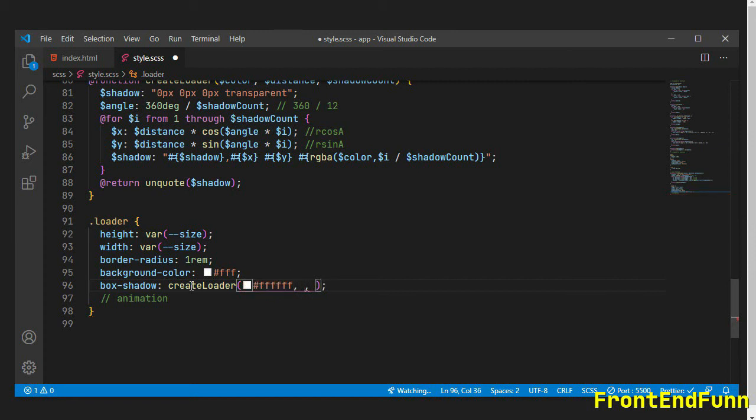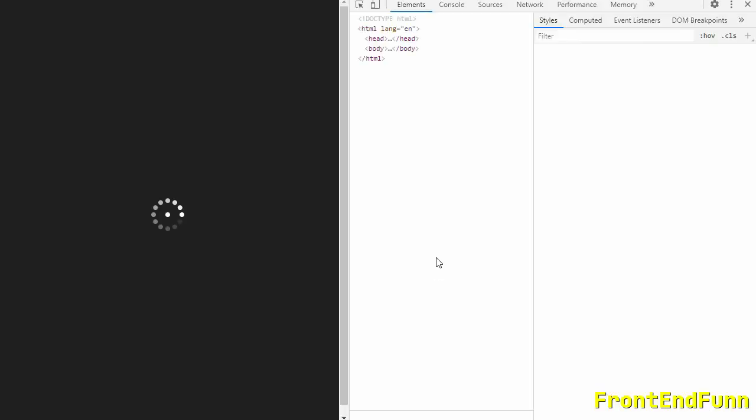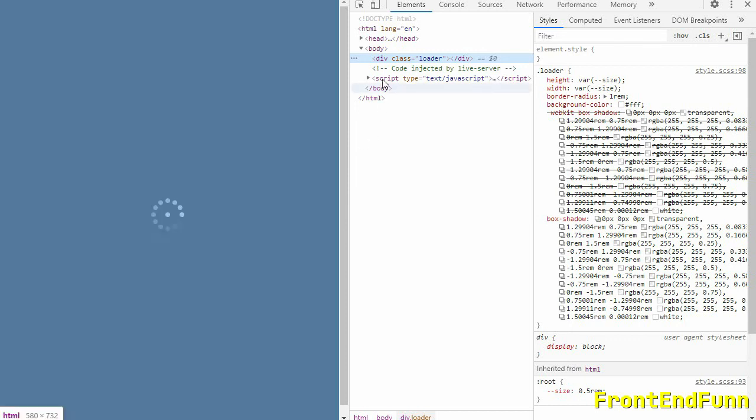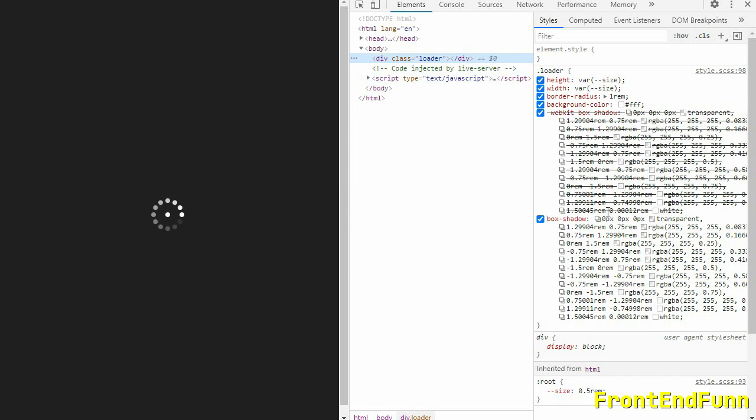So I'm passing the color as white and the distance will be 1.5 rems and I want 12 shadows. Okay, so as you can see, these are the box shadows generated for the element. So this is our loader and these are the shadows which we have generated.